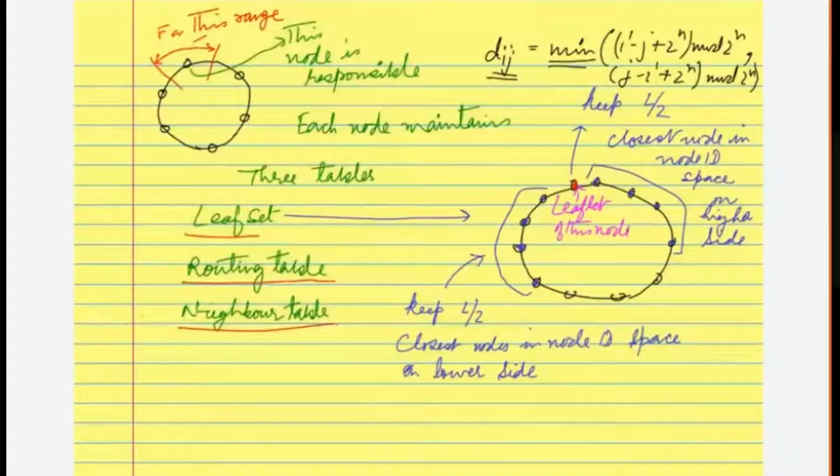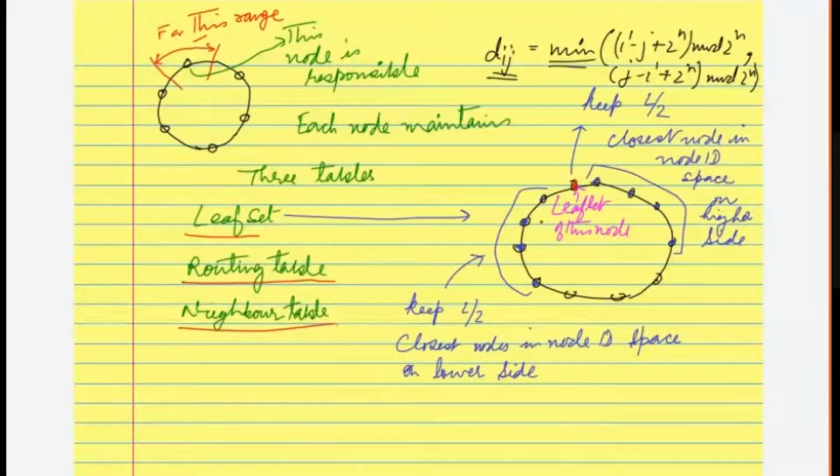So the leaf set, first of all, let's define what the leaf set is. Its size will be given by some parameter L. I will tell you what the L will be. L by 2 nodes which are higher and closest to the current node will be part of the leaf set higher side. And there is a leaf set lower side, which is L by 2 lower nodes, also closest to this current node. So this set of, for example, 8 nodes will form a leaf set, where L is now 8 in this case, so 4, 4. That's what every node is supposed to maintain.